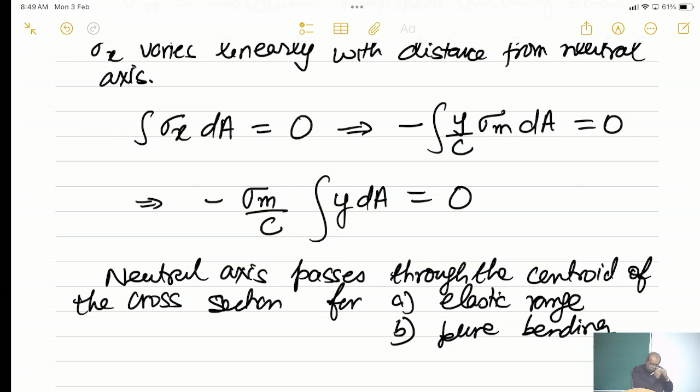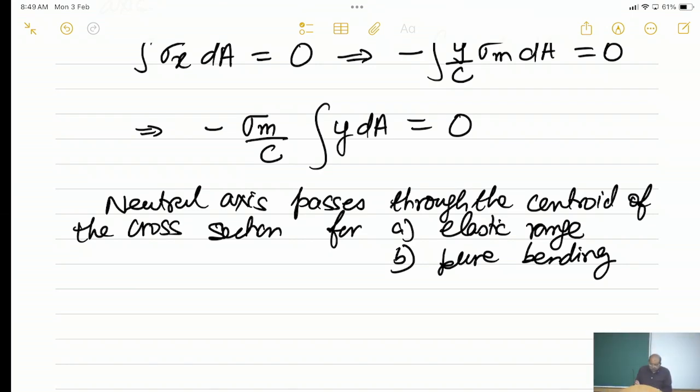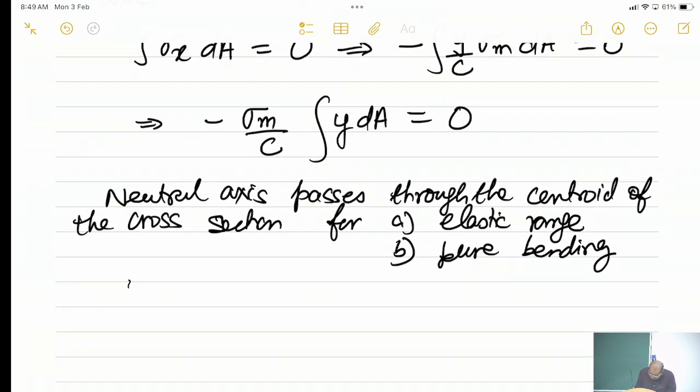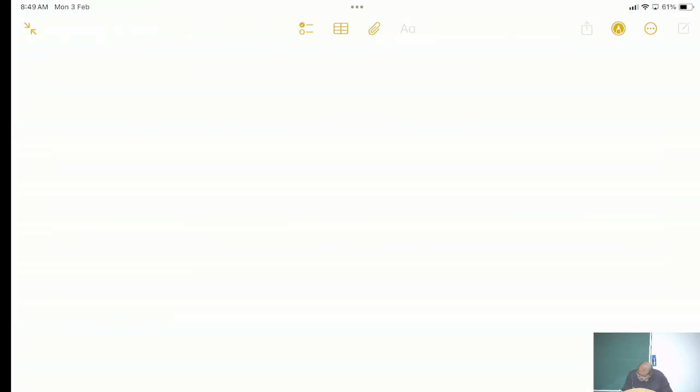So for a case of pure bending, and if we are in the elastic range. If we are not in the elastic range, then there could be y square or something like that, so that will not be true, but for this case, what we have is this. And we also have integral minus y